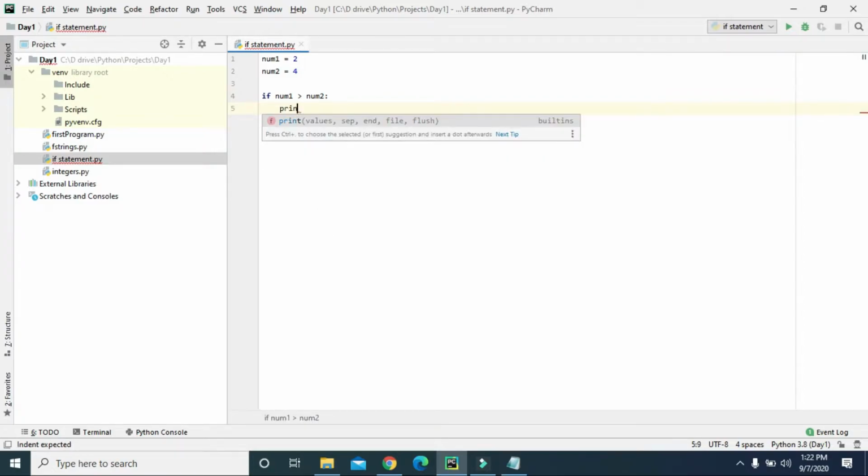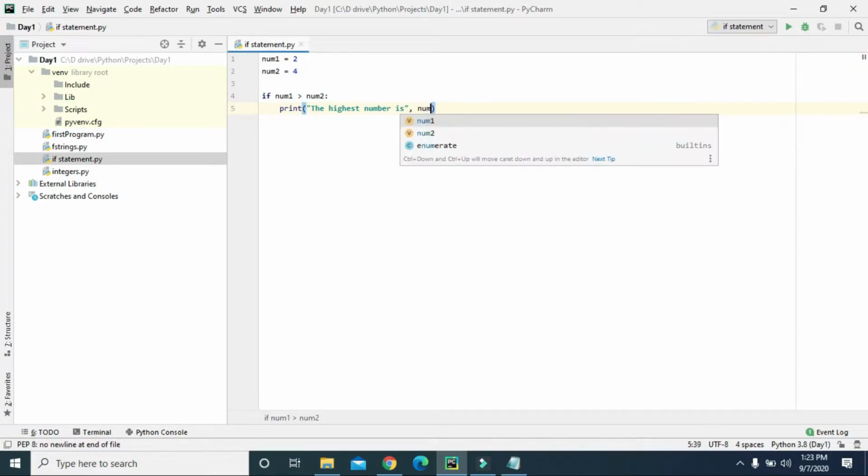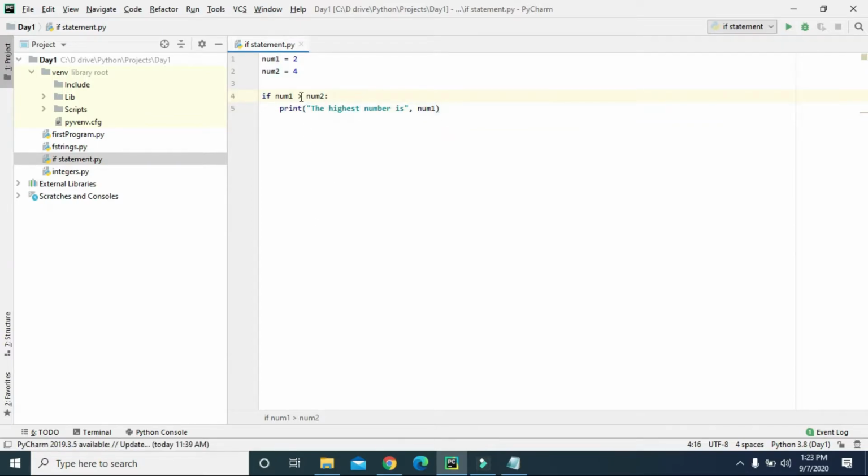So here now we can type print, the highest number is, comma, num1, because we are checking the condition if num1 is greater than num2. And then to exit from this if condition, we can go back to the beginning cursor position. So else, print the highest number is